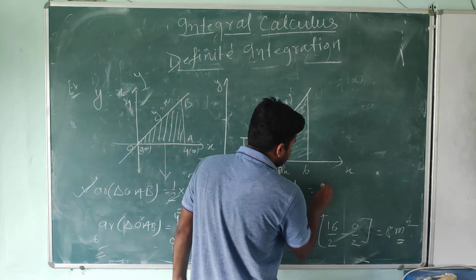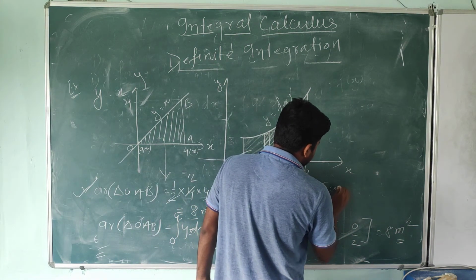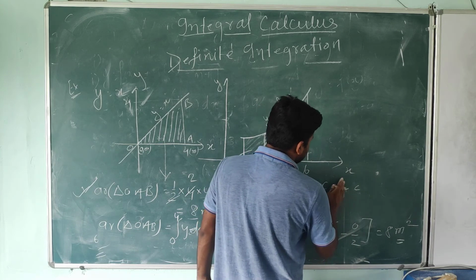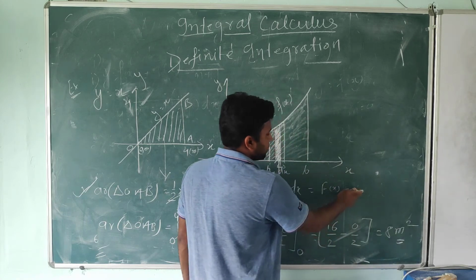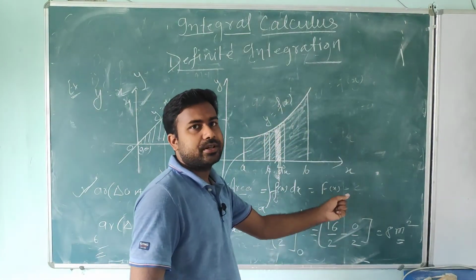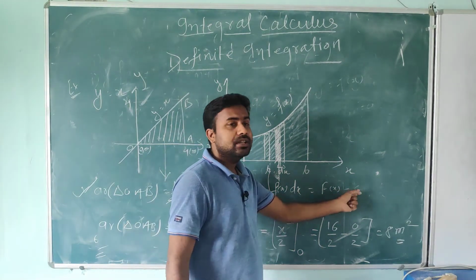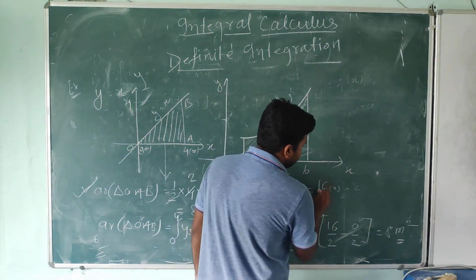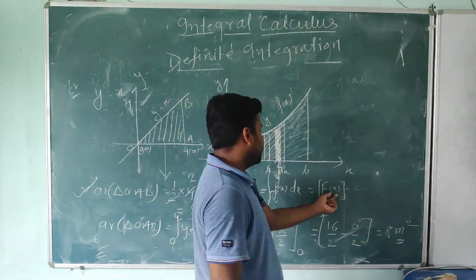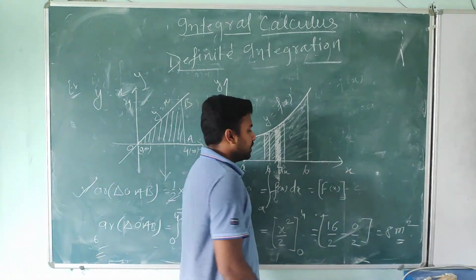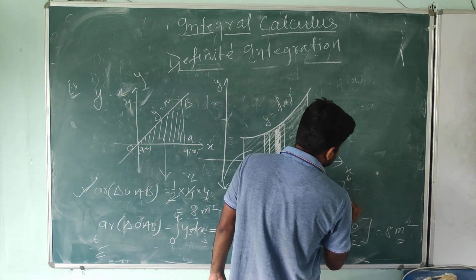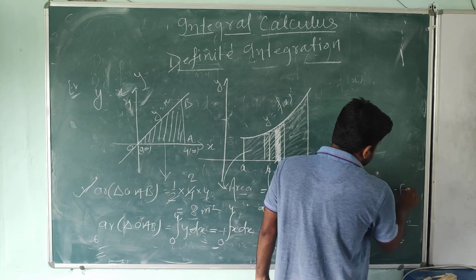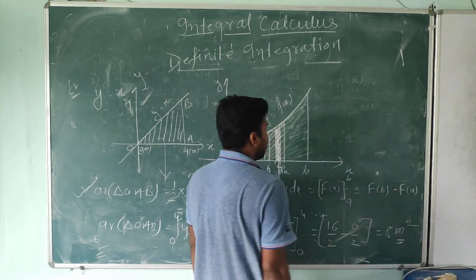So how can you define this a and b limit? You can define it like this. You will get f of x plus c. I am writing this part because sometimes in physics the c is important, especially for mathematics. You will find without c, and if using a different method, you will get a different value of c also. It's very important, students. Here we got the indefinite integration of this function as f of x, with upper limit b and lower limit a. So if you put in the values, you will get f of b minus f of a, and this is the answer you will get.